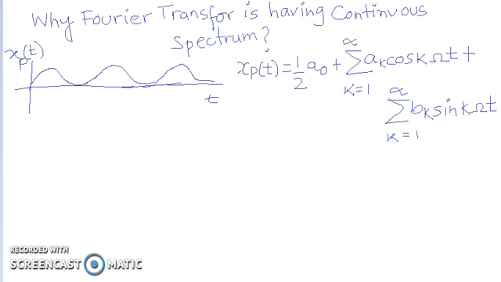Hello everybody. My next topic is why Fourier Transform is having continuous spectra. Now to start this, I have to start it not from Fourier Transform but from Fourier Series. Now, you know this is a periodic sort of waveform, and this is the standard Fourier Series expression